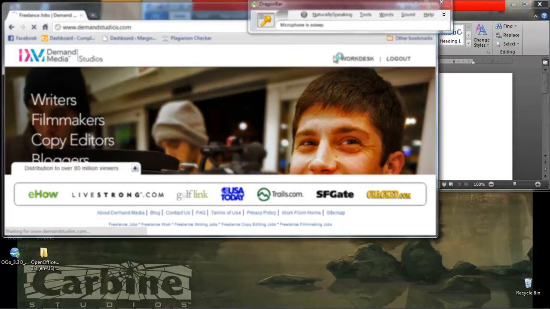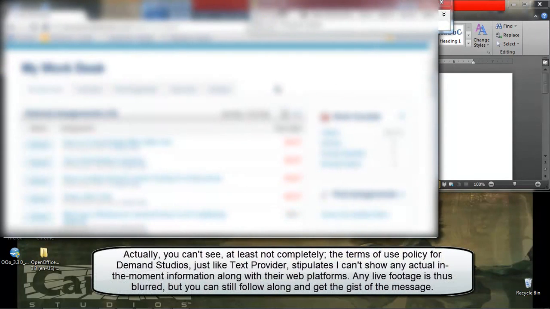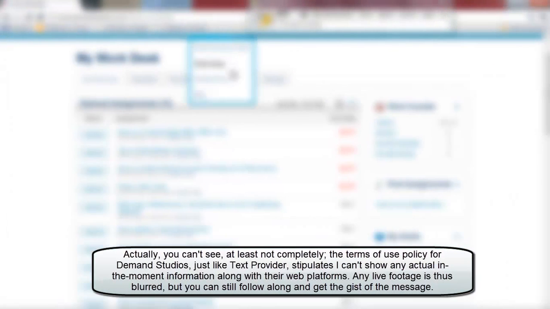Go into my work desk. Now, as you can see, I've actually already got some articles chosen. I'm going to go ahead and enlarge this so we can get a better view. Actually, 4 of them expire tomorrow, so we'll probably be writing those today. Now, I want to go through these real quick to show you that I'm not just picking articles that I